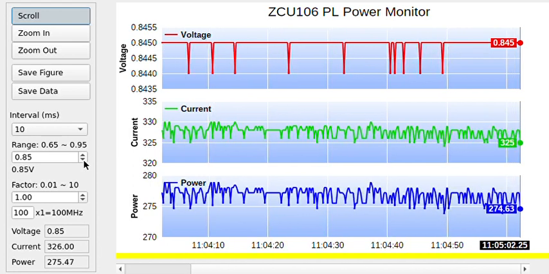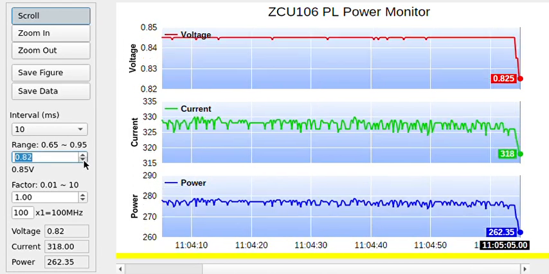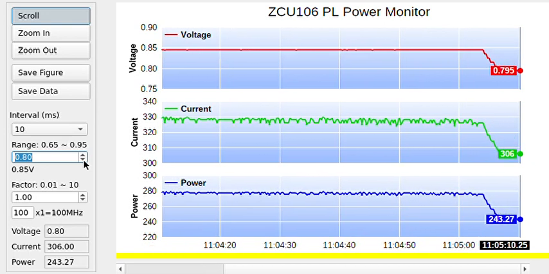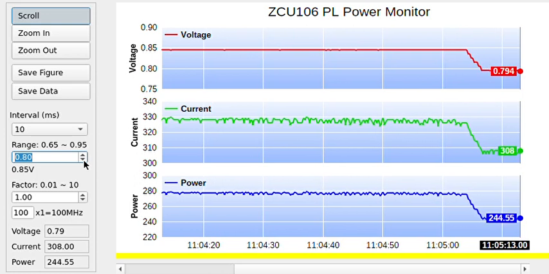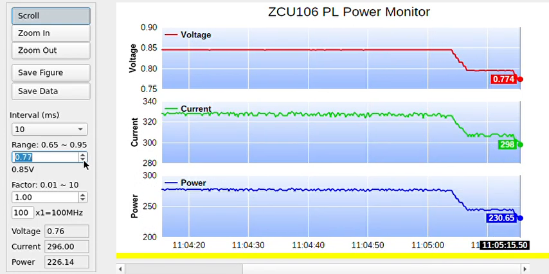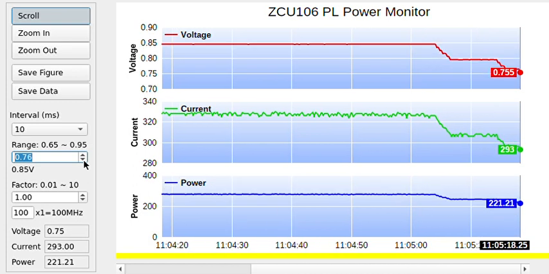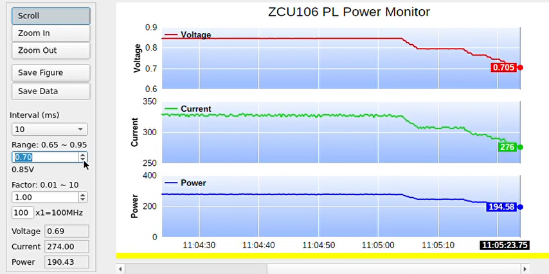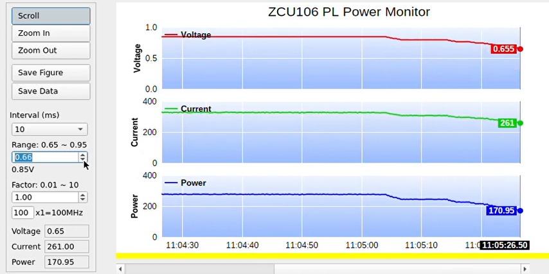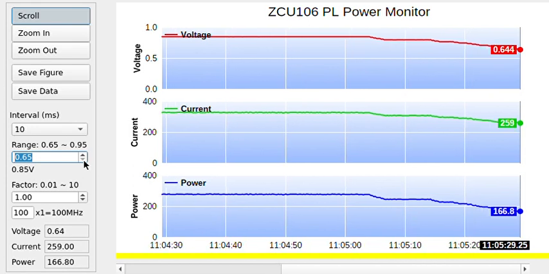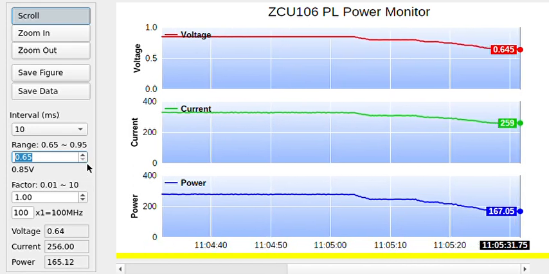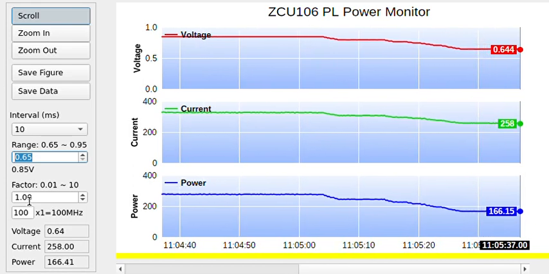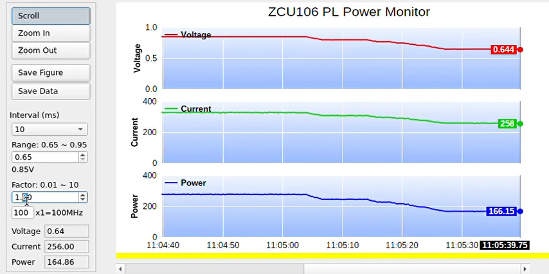By scaling down the voltage, you can see that the power consumption is dropping as the voltage decreases. For this board, at the moment, the minimal voltage level you can reach is 0.65 volt, and at the same time I can also tune or scale the frequency for